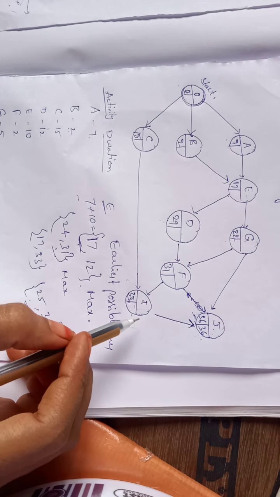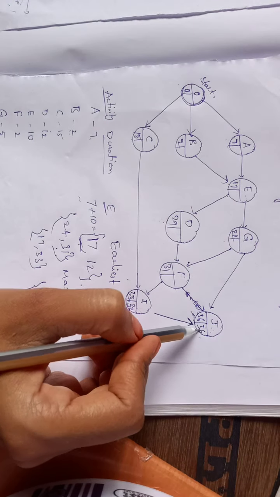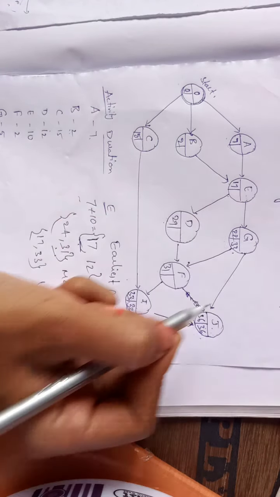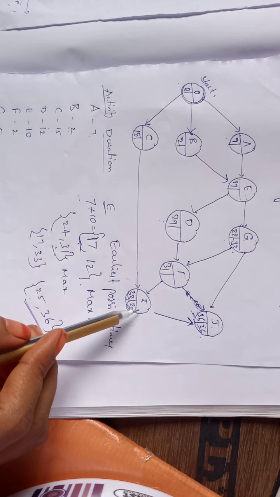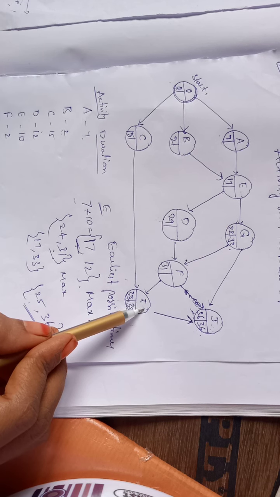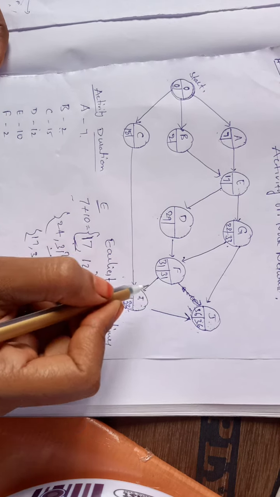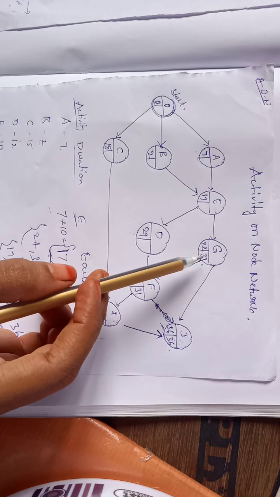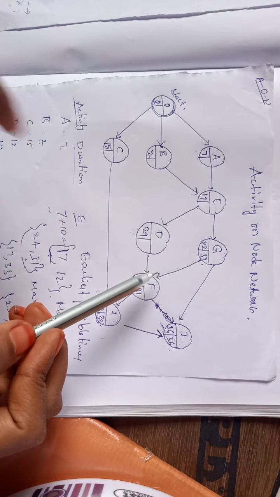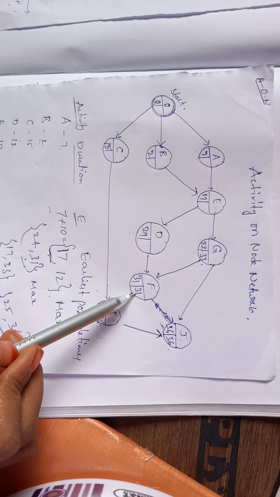33. 33 will be sent to here, and also from here 36 minus 3 is 33 will be sent to here. And next from here, if you want to go back, 33 minus I, how much? I is 2. 33 minus 2 is 31. We can directly take. But here if you see, for this G value there are two arrows going from here. From here, if you want to go this way, 31 minus F duration is 2, that is 29. 31 minus 2 is 29.